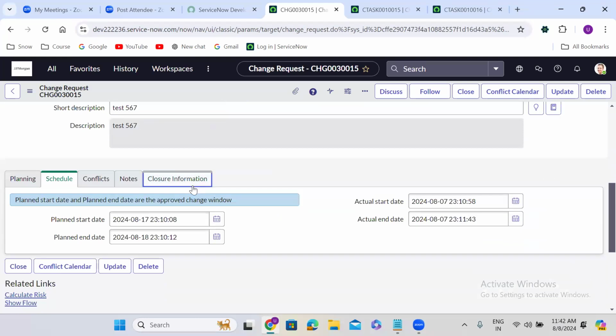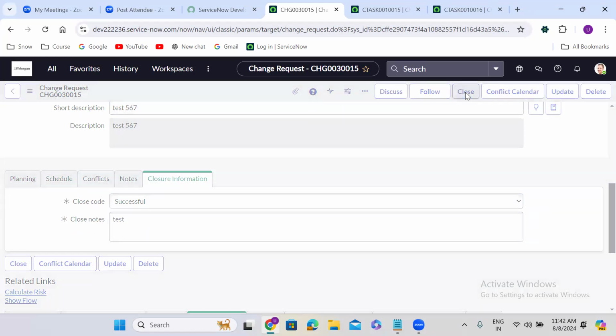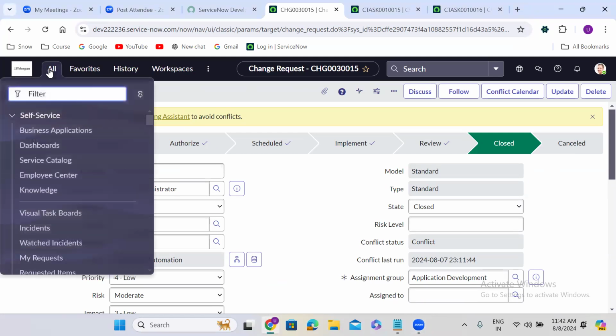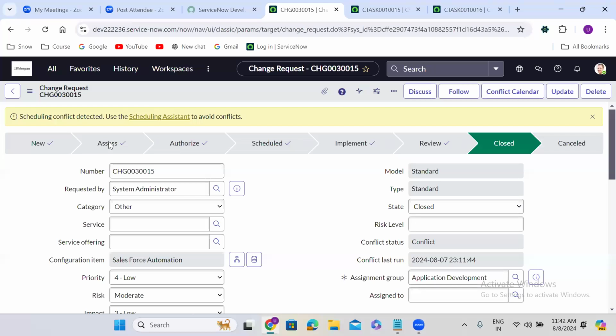Okay. Yes. Manager has already given the approval, right? So you will use the template to create the change request. Getting my point? Okay. So for normal change request, sorry, for normal change request, it is going to the assess phase, authorize phase. For the emergency, it is going directly to authorize. For standard, it is directly going to scheduled phase because the flows are written in such a way